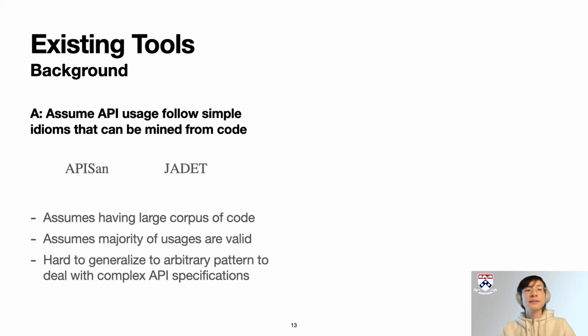But the problem now is that they assume we have a large corpus of code and a clear majority and minority. This does not usually hold simply because of the complexity of the real-life APIs we showed earlier. If this is applied to that PNG destroy write struct function we mentioned earlier, it won't work because there's no huge corpus of code to mine in the first place.